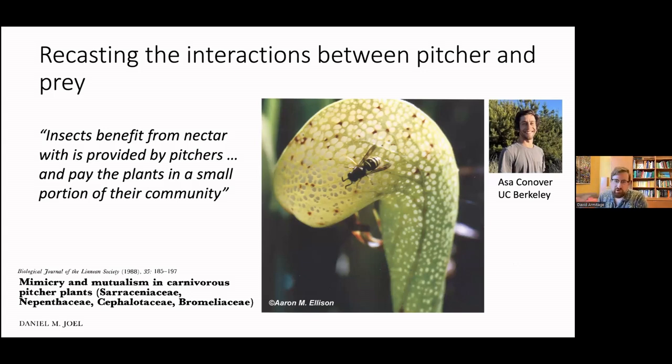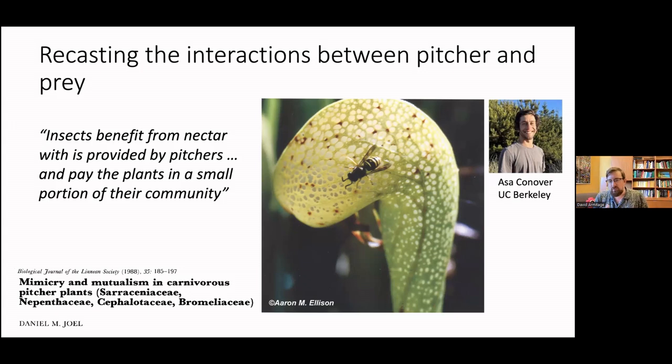Here's another study that we're currently doing out in California, where we started this a few years ago, and ASA is now maybe in the fields as we speak, capturing wasps and hanging wasp traps out in these pitcher fens. And the idea here is that we want to test this prediction that was made by Daniel Joel in this great paper from 1988, which basically speculated that we need to recast the relationship, perhaps, between insect prey and the